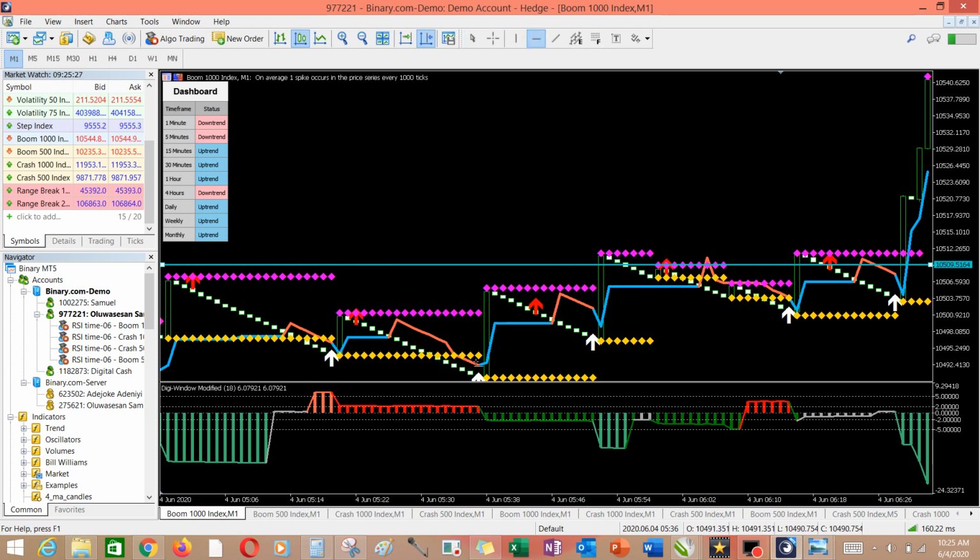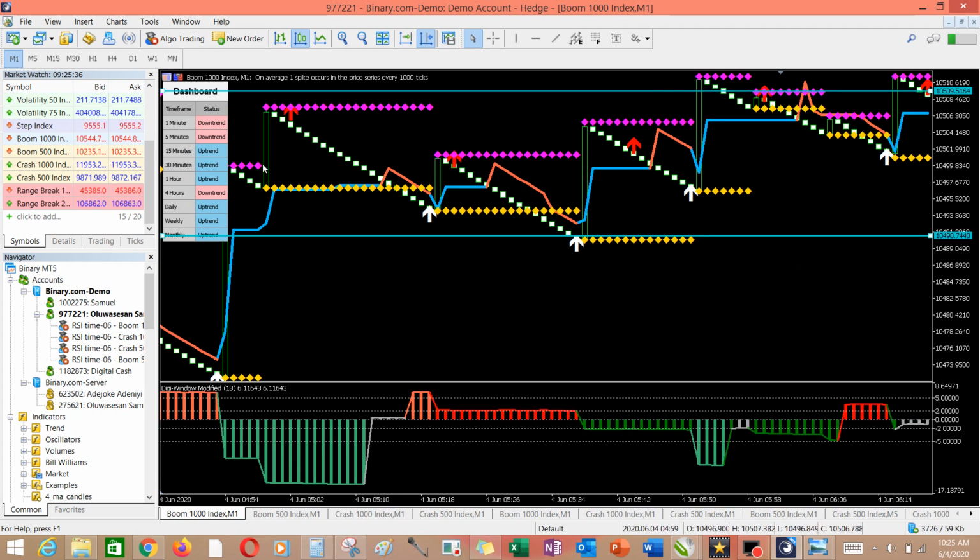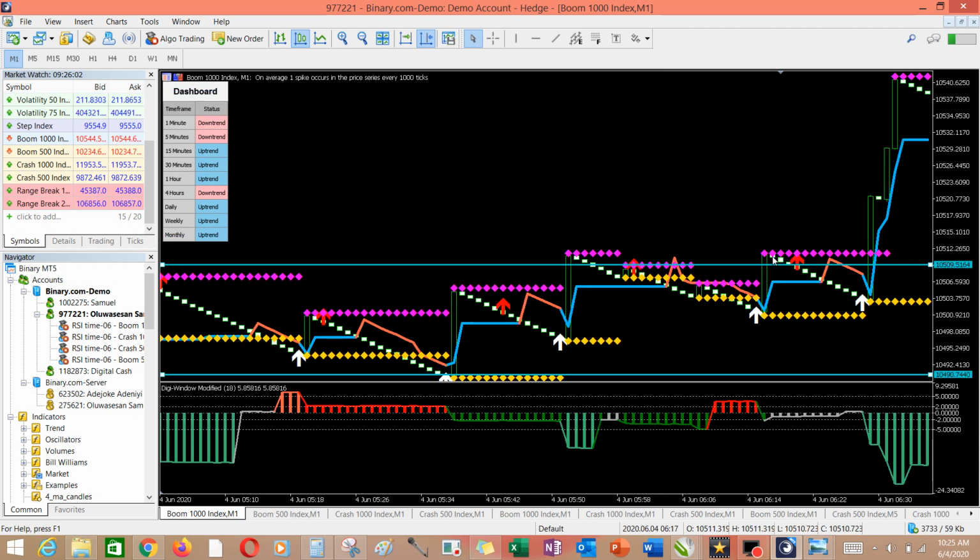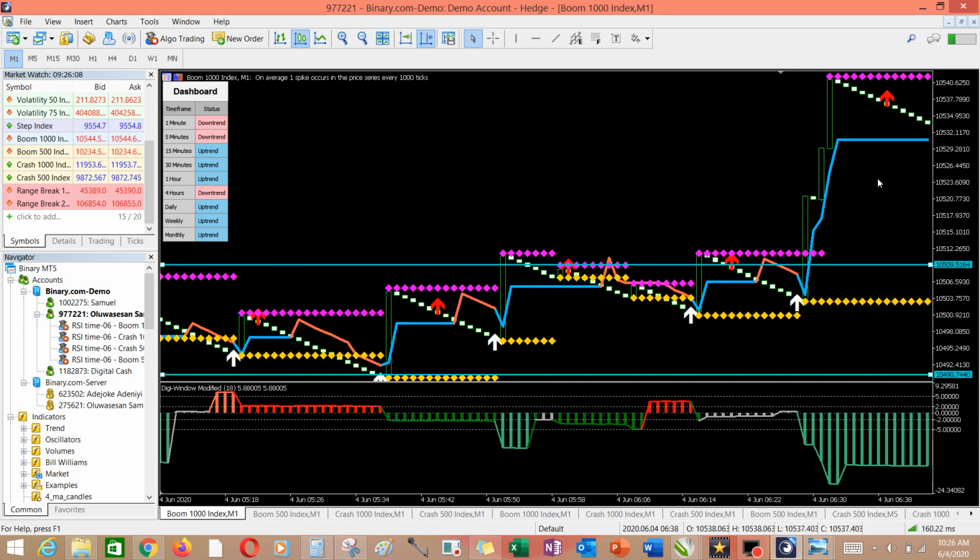This is one area that we can use as an example. You can see the market. Let's see it very well. The market went up, got to this level, came down again, got to this level, went up again, came down again, got to this level. That is, it is testing the same area and went back. It was unable to break where these two lines are. Went back up, came down again, went back up, broke it a bit but not successfully broken, and came back down again. Went back up, broke it a bit but not successfully, but came back down. But this time around it broke it totally.